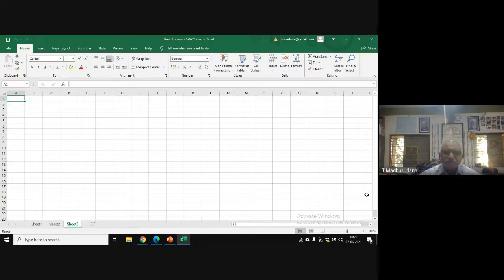One method is to show the bad debts provision given in the trial balance on the credit side of the profit and loss account, and show the new provision on the debit side of the profit and loss account. Okay, that's one treatment. The new provision given in the adjustment is shown on the debit side of the profit and loss account.